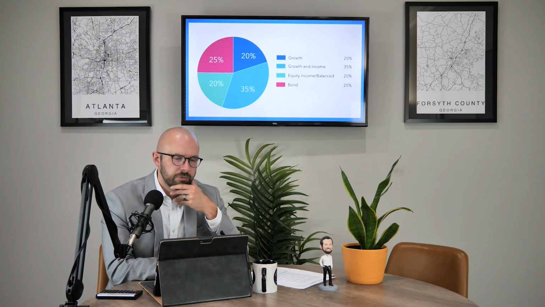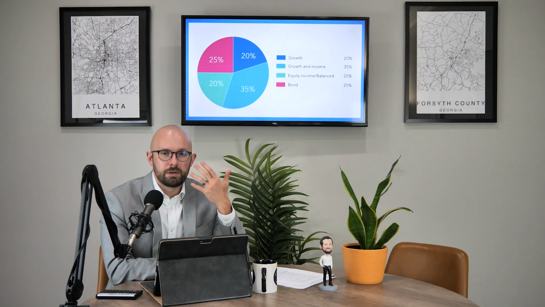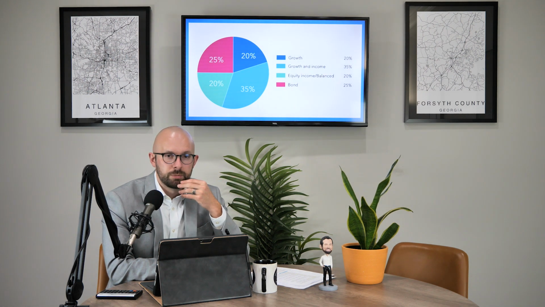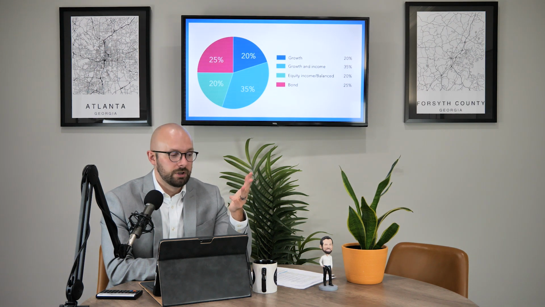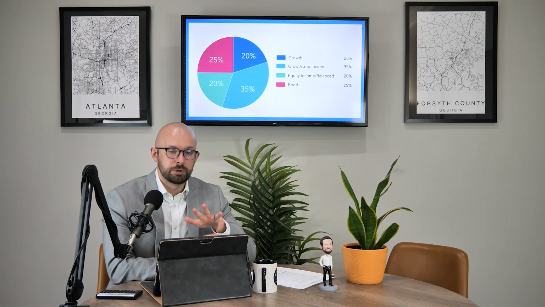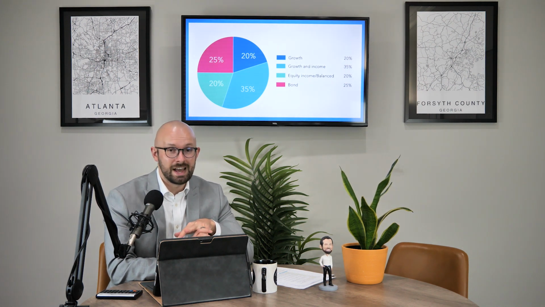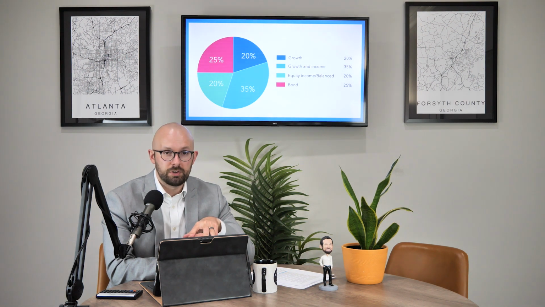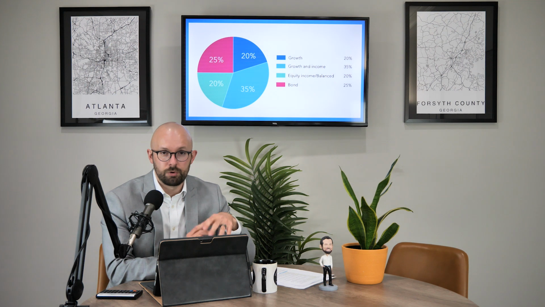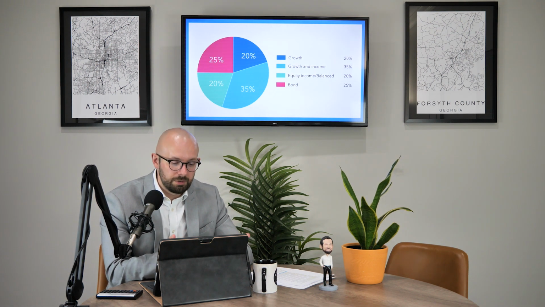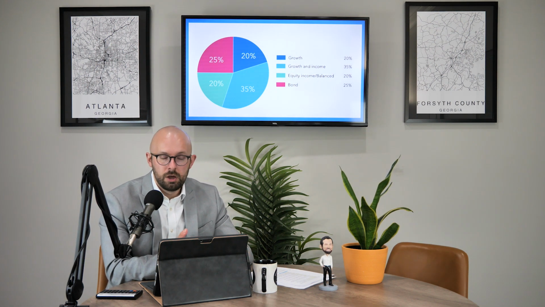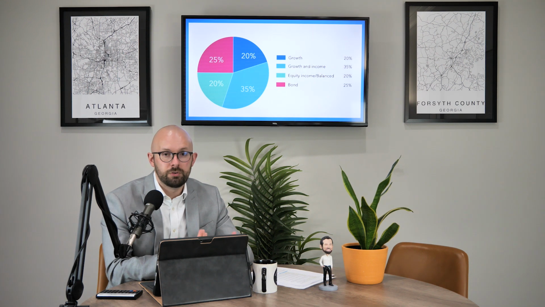So a lot of times, especially if you're Dave Ramsey fans, you'll hear the 25, 25, 25, 25 portfolio, which will be growth and income, growth, aggressive growth, and international. That'll be the baseline asset allocation, which means you have 25% of your account in international stocks, 25% in aggressive growth stocks, 25% in growth stocks, and 25% in growth and income. This is something similar, just a slightly different blend, but you're trying to build something designed towards an end goal.